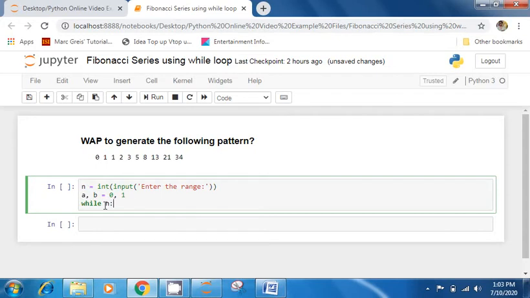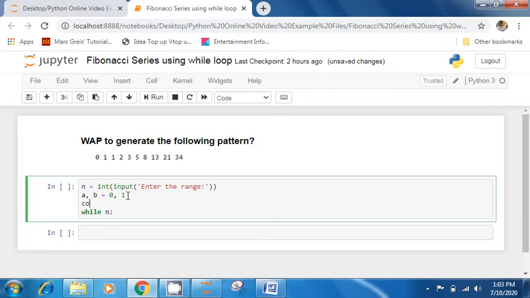So I am writing here while n. So this will be the starting condition, but up to when does it have to reach, because in while loop there is no syntax of ending. Ending has to be described explicitly. It means that I need something to keep track of my execution or iteration steps.